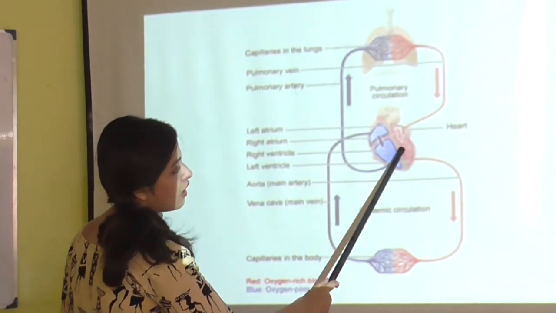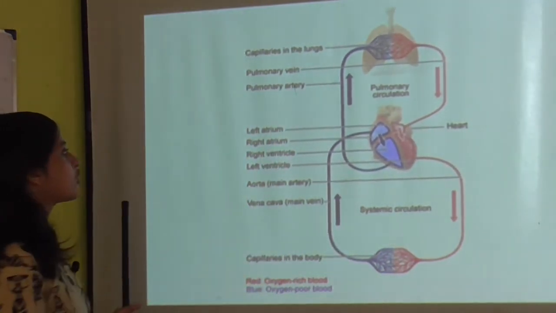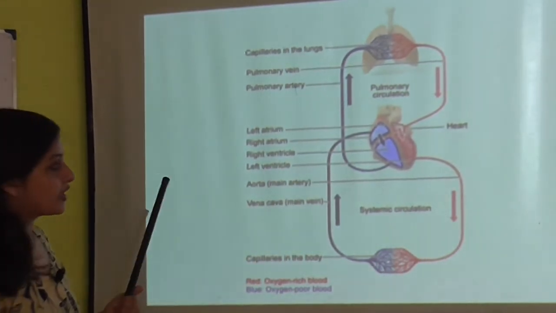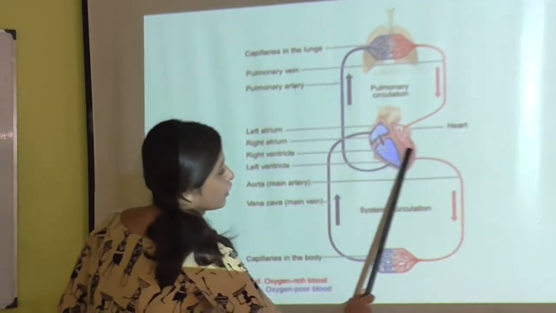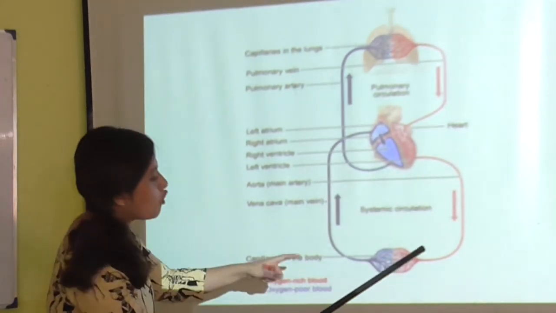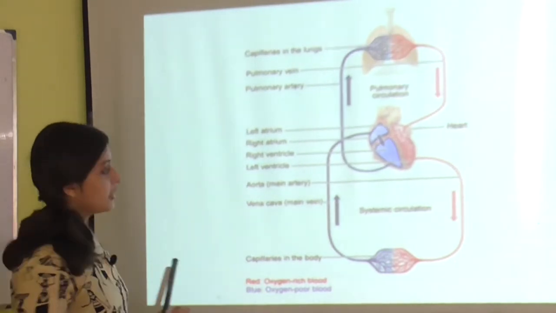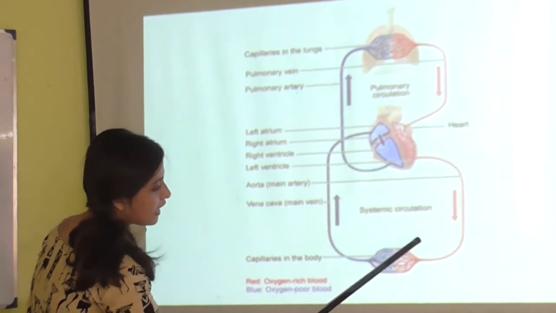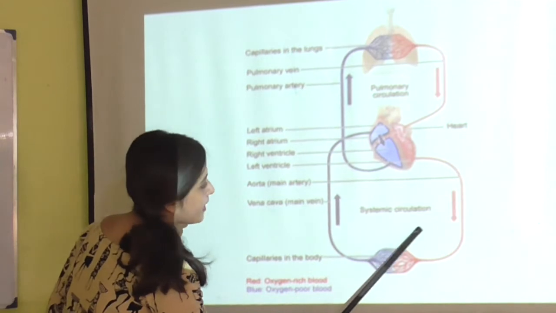And again after filtration, just now we have studied that it is coming back to the heart, then it is going to the left auricle and ventricle, to the aorta and to the rest of the body. So when the blood goes from the heart to the rest of your body, to your tissues, then again it goes back to your heart carrying the deoxygenated blood. This circulation from heart to tissue, then again back to heart, is systemic circulation.